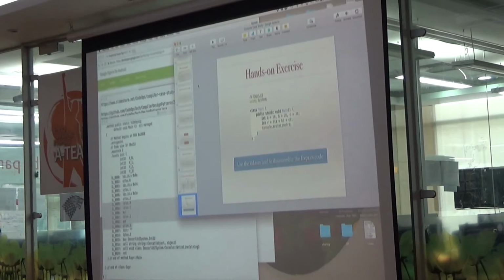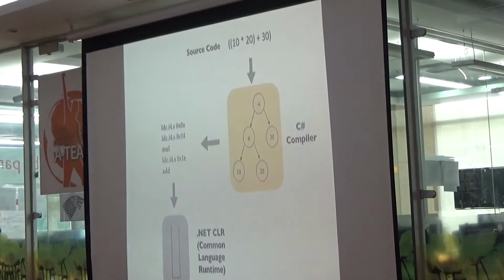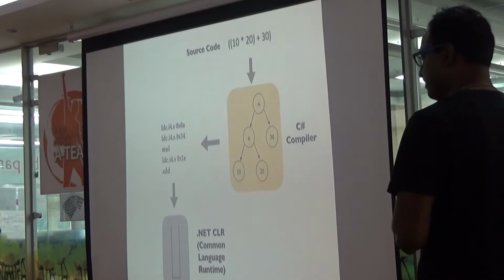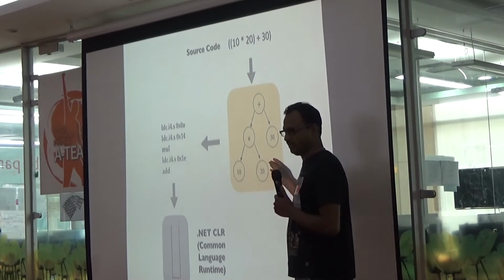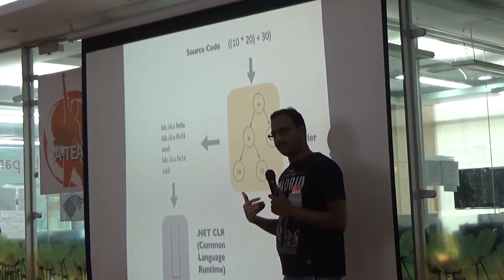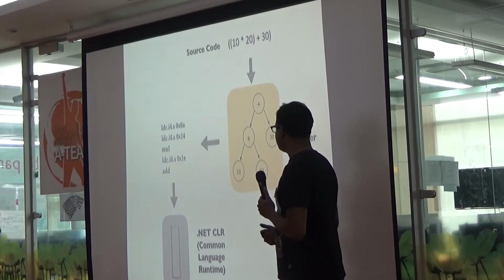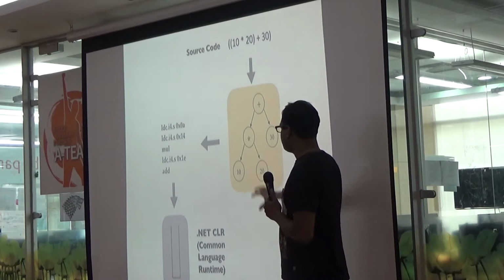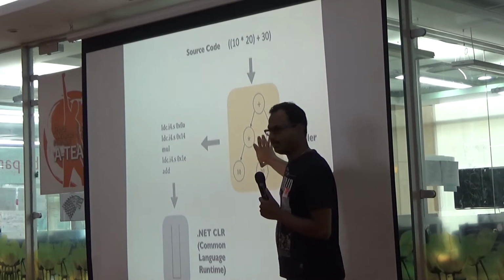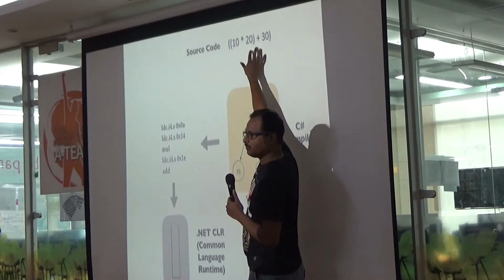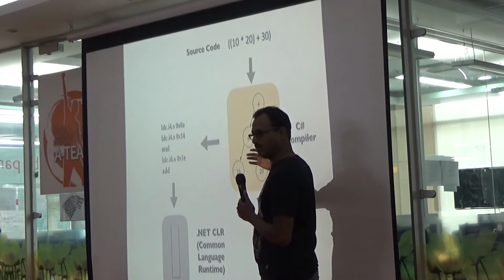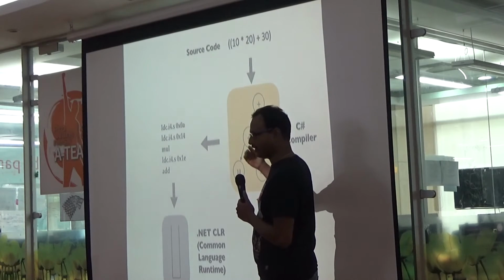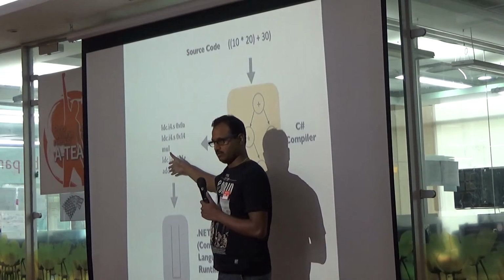Now, what does this have to do with design patterns? This is a case study we are going to talk about. This is what the compiler does at a very abstract level. Technically, it is not really correct because it doesn't create an expression tree, rather it creates a parse tree or attributed tree, abstract syntax trees, etc. But logically they are trees. So you take the source code, of course a more complicated source code, and create trees out of it at a very abstract level, so that it can be processed programmatically and create intermediate code.